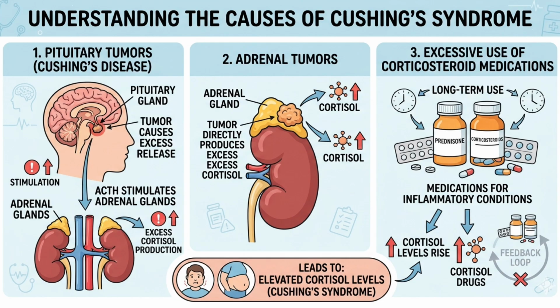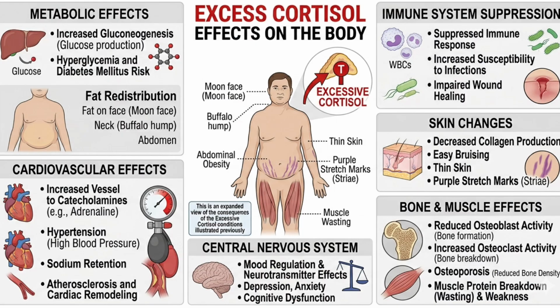A less common cause is ectopic ACTH production. This happens when a tumor outside the pituitary gland produces ACTH, such as small cell lung carcinoma or bronchial carcinoid tumors. This extra ACTH stimulates the adrenal glands to make too much cortisol. So in summary, Cushing syndrome may be caused by long-term steroid use, pituitary ACTH overproduction, adrenal cortisol-producing tumors, or ectopic ACTH-producing tumors.